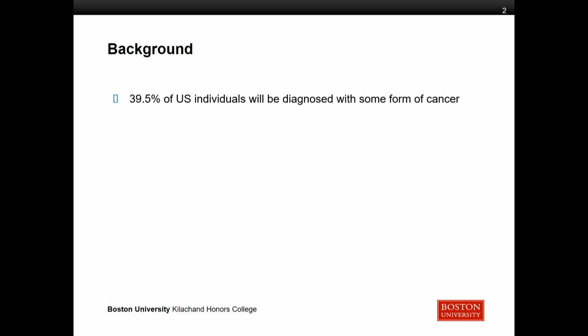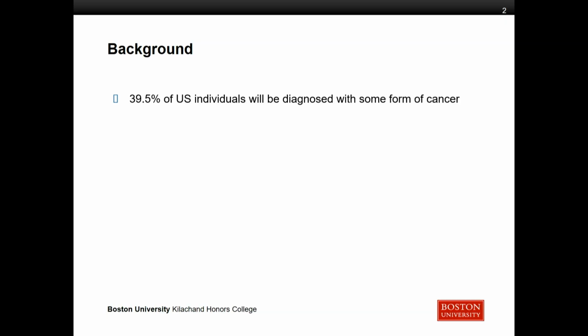So first, I'm going to give you guys a bit of background on why this project is significant. As you all know, cancer is a huge problem in the United States and around the world. In fact, 39.5% of all individuals in the United States will be diagnosed with some form of cancer over the course of their lives. So naturally, the scientific community has invested a great deal of resources into the prevention and treatment of cancer, and this has resulted in hundreds of drugs on the market, each with their own treatment methodologies and targeting different types